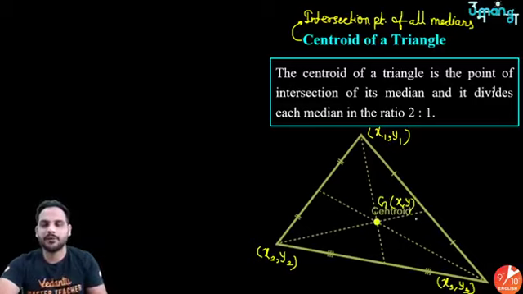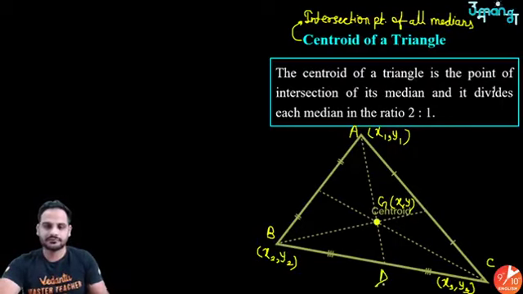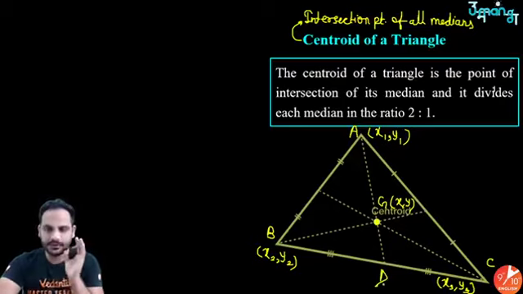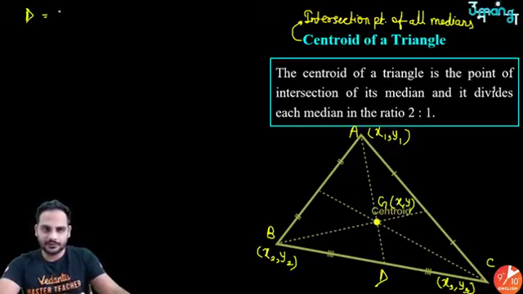ठीक है, one important property you should know, that centroid divides a median in 2:1 ratio, where 2 is the part which is joined to the vertex and 1 is the part which is joined to the midpoint. So let's say if it is A, it is B, it is C. AD is a median. AD is a median in which D is going to be the midpoint of BC, right? So the coordinates of D will be equal to